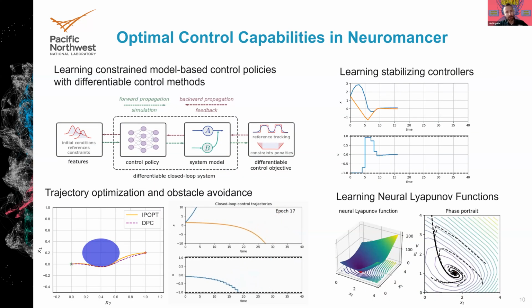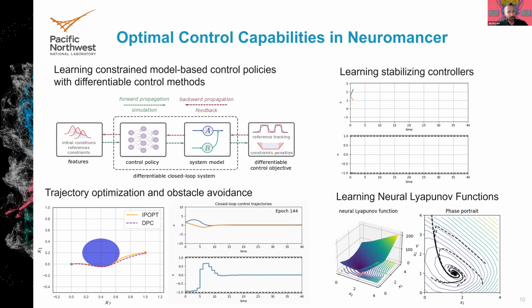And once we have these surrogate models, we can do control, closed-loop control, which is conceptually, again, a very straightforward extension. You have your surrogate model or white box model, differential equation, PDE, and you combine it with a control policy. That will be the generator of your control actions that will be perturbing the model, and you will do the rollout over a predefined prediction horizon, obtain the trajectories of the system, and now you evaluate the residuals from the control objectives and constraint penalties. Very similar to what you would do in PINNs, but now instead of just the neural network giving you the solution of the PINN, the neural network gives you so-called hidden states of this dynamical system, this closed-loop dynamical system that you can differentiate through and